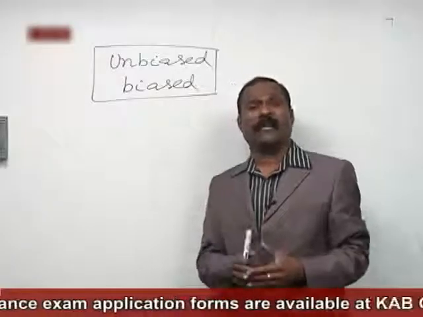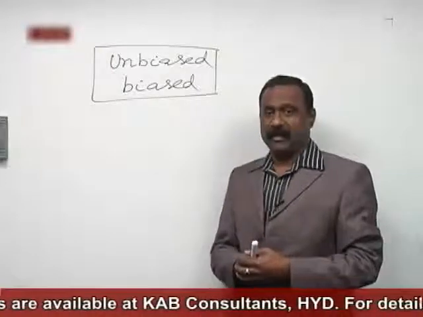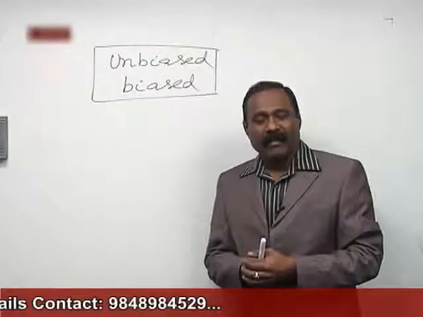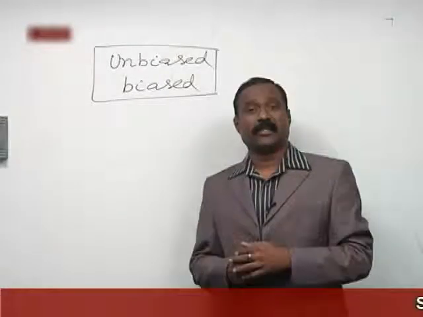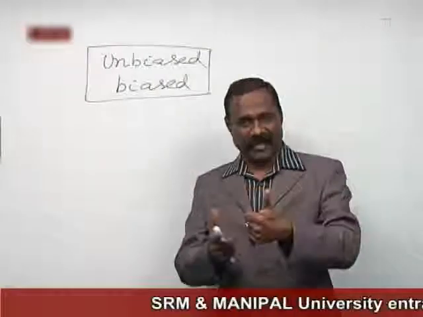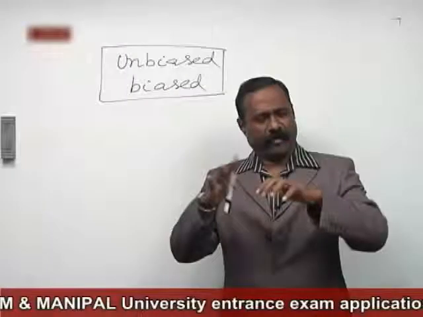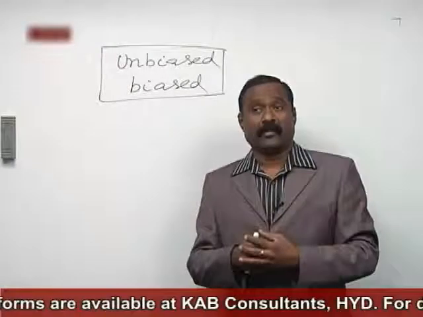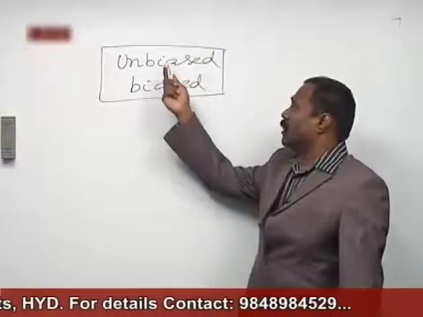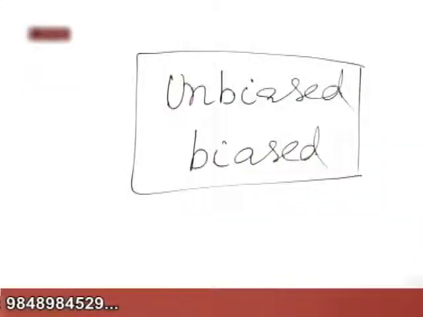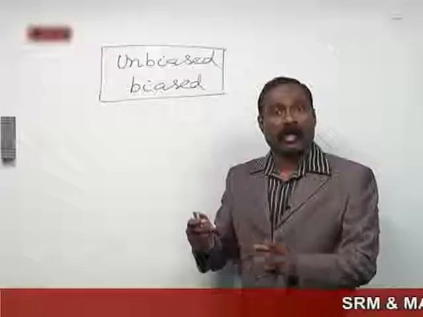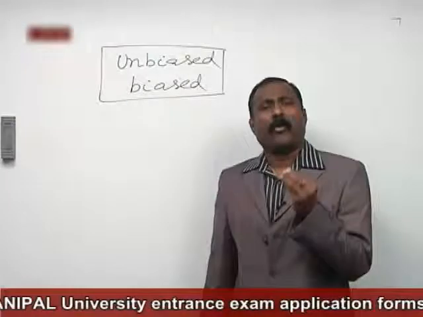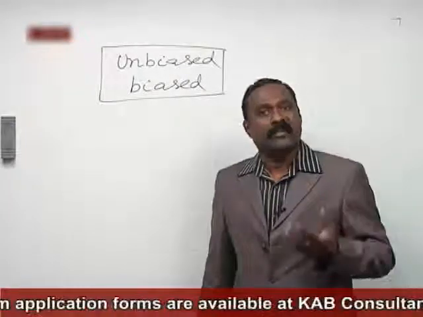There is no partiality on the die. That means every number on the die, if the die consists of 6 faces, on the 6 faces you will have 1, 2, 3, 4, 5, 6. All the 6 will have equal chances of occurrence. That is, they are said to be equally likely, and then they are said to be an unbiased die. If they are not equally likely, that is said to be a biased die. Biased die means there are more chances for an event to occur.